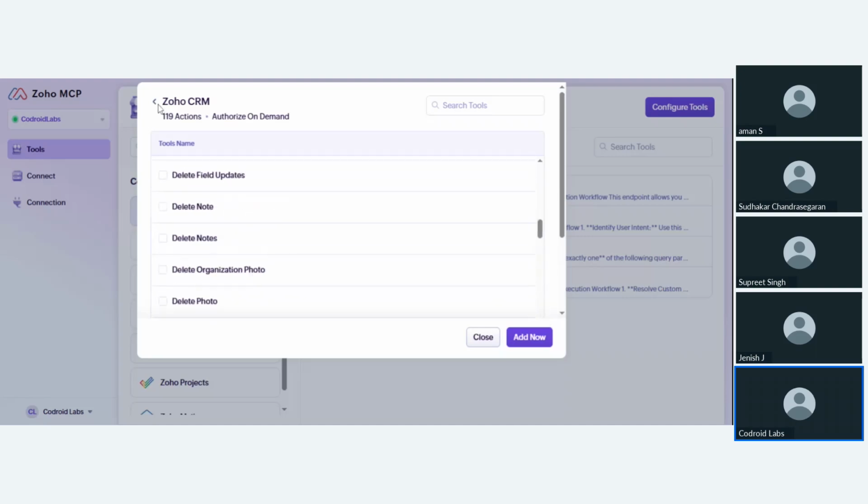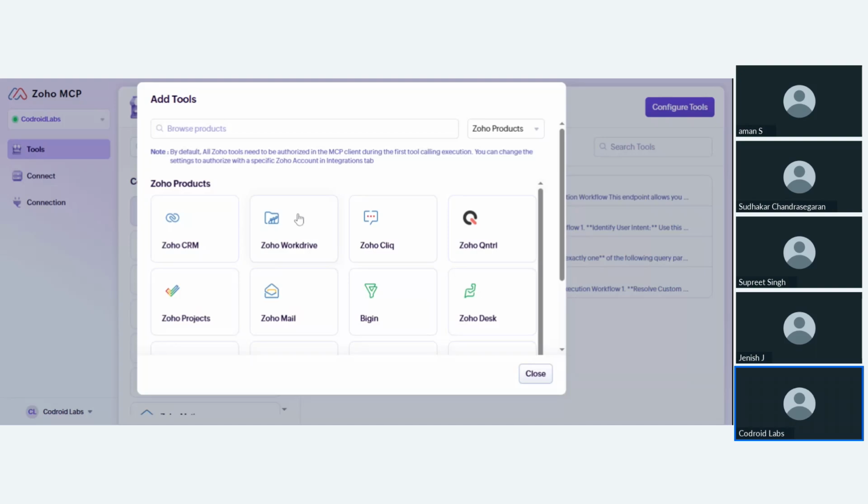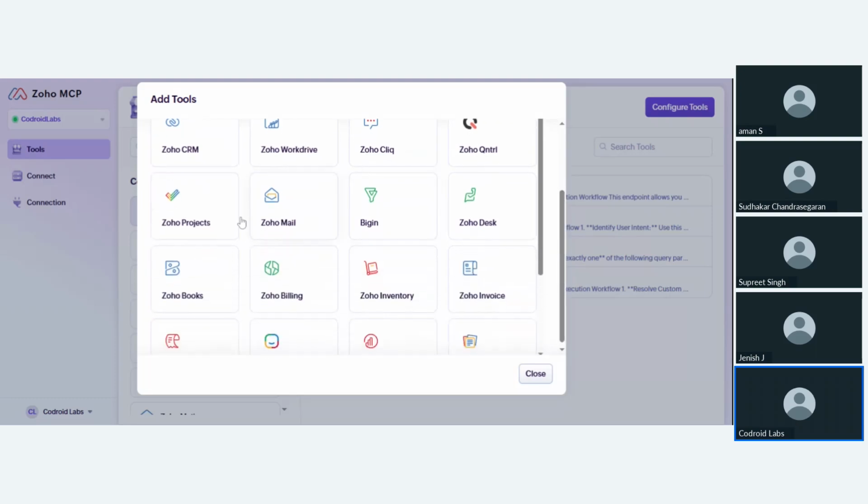I also showcase Zoho WorkDrive, Zoho Cliq, and Zoho Projects. If you are working on a project, like a construction or implementation project, just put a PDF or similar document inside an LLM model, like Claude, Cursor, or ChatGPT.